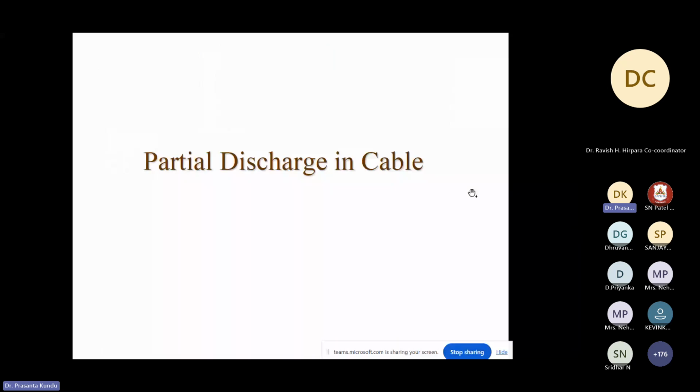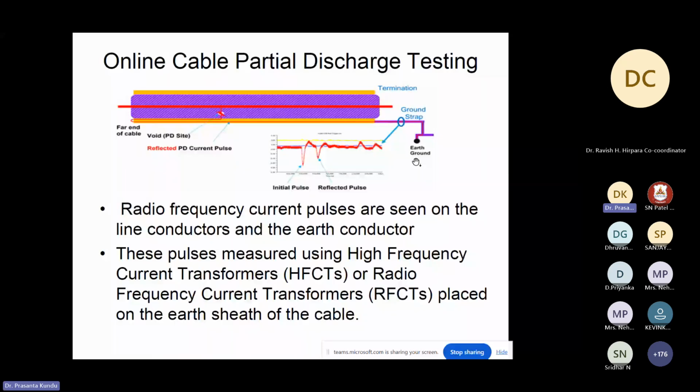Now, some part of the cable. Cable is specifically used for short AC transmission or AC distribution, and long or normal distribution. In the case of DC distribution or DC transmission, specifically for the penetration of renewables, we go for the HVDC cable. So how the cable performs on partial discharges, to some extent we're going to understand from here.